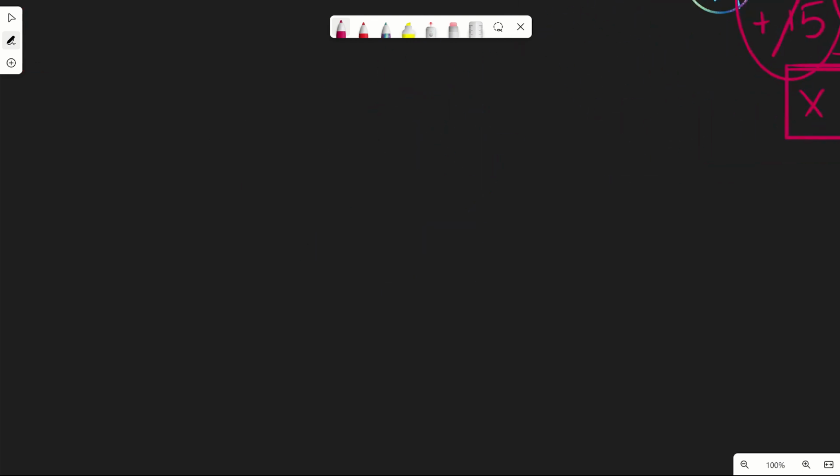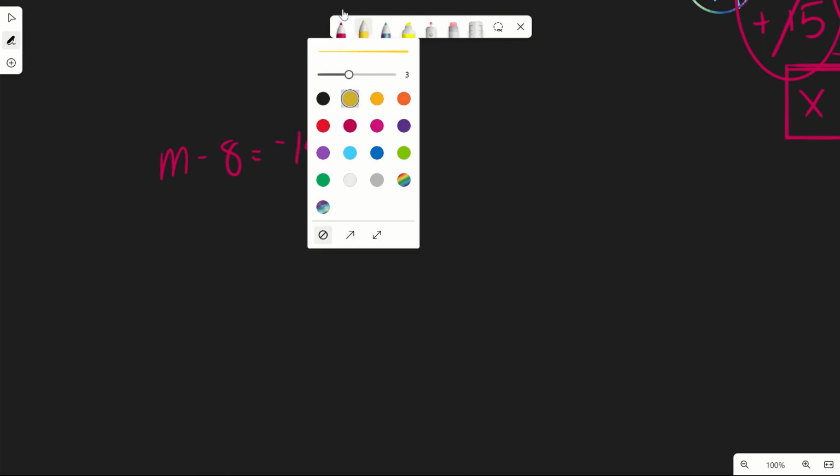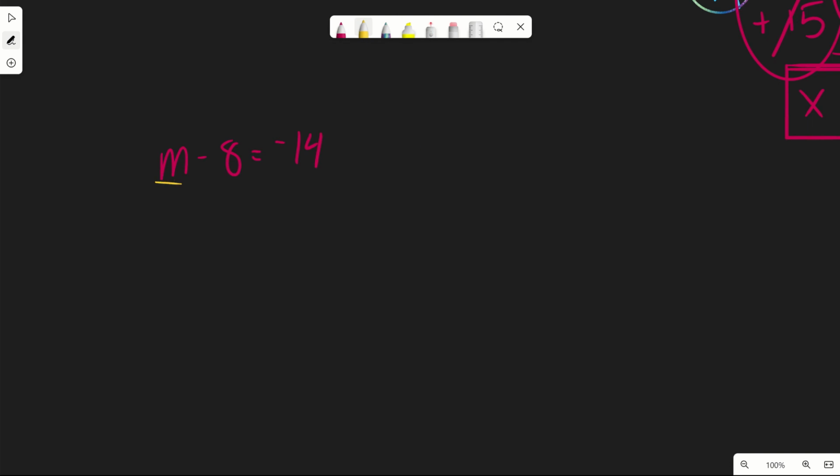Let's say I have something like m minus 8 equals negative 14. Well, I want to get this m all by itself, so I'm going to do the opposite of minus 8, which would be plus 8. That's going to cancel out. I'm going to come over here and add 8. So now I know m equals negative 14